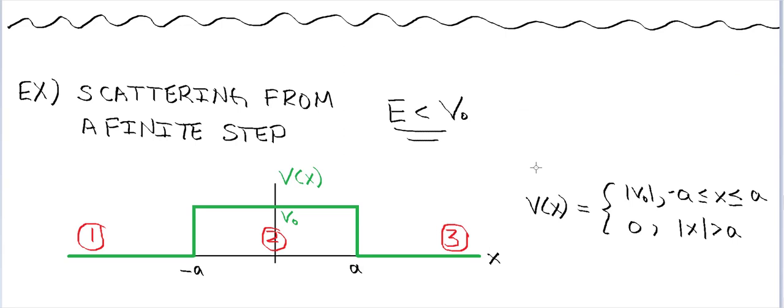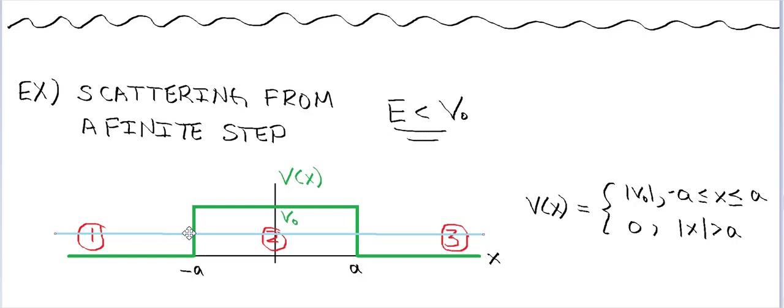All right, so hopefully you are well rested. Mind is all set to go. This time I want to turn our well upside down, and I want to look at scattering from a finite step. And specifically, I want to look at the case where E is less than V naught. So in other words, I want to look at the case where the energy of this particle is below the step. And again, I'm going to have it start out at minus infinity, head towards the well,